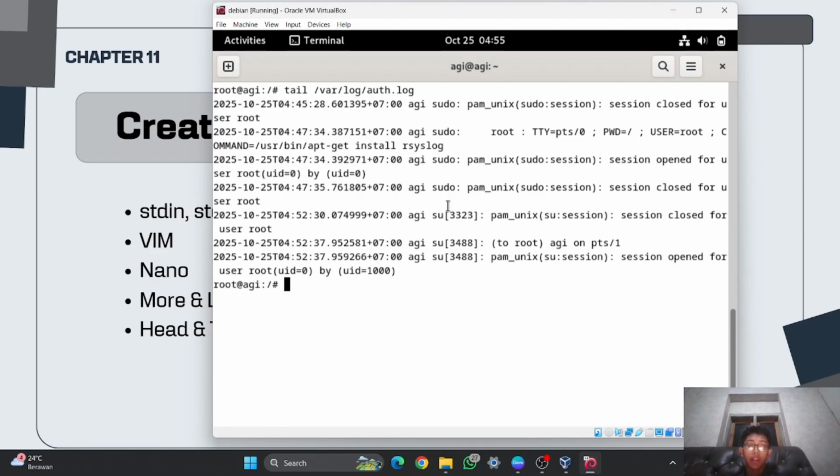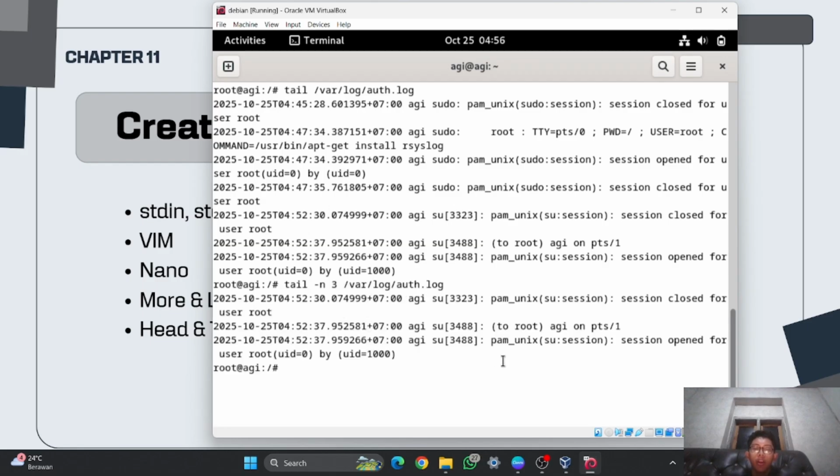And you also can configure how many rows you want to show. For example, I just want to show 3 rows, you can use it like that, and then it will only show 3 rows. 1 2 3.